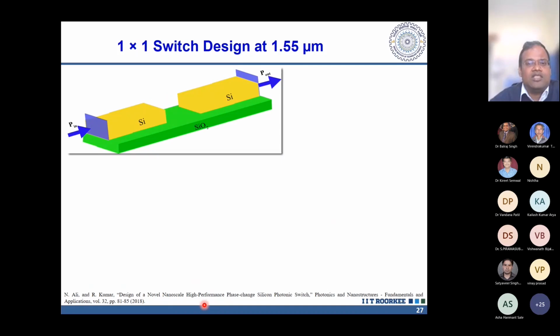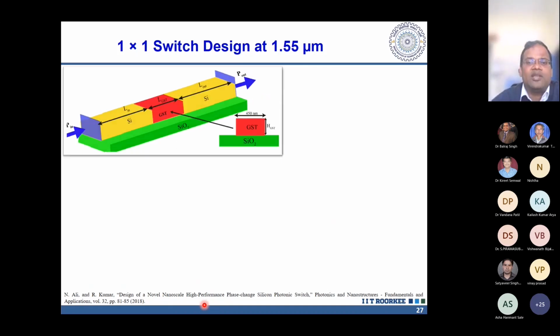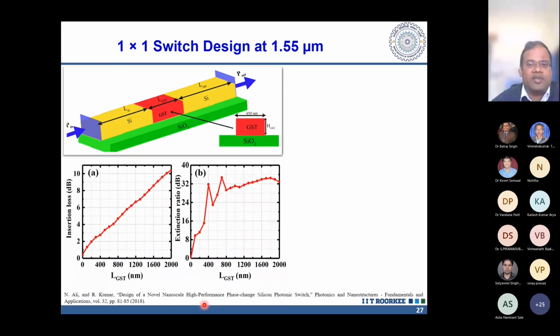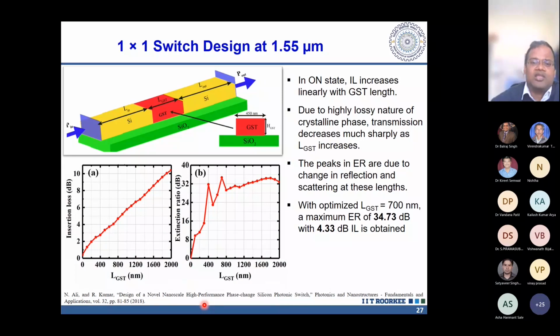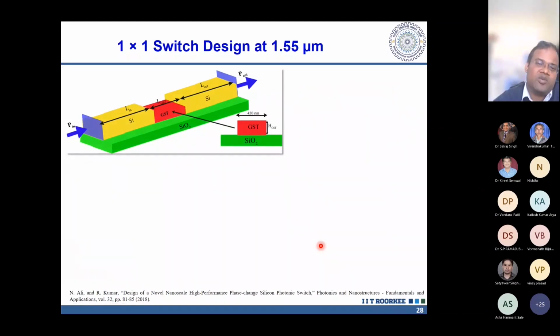So this is the design of how we do it. You take the silicon on insulator waveguide, you fill in the GST material, then you look at the transmission curves. Okay, so here you will see this gives the switching functionality. However, the maximum extinction ratio that you can get is around 34, but it comes at the cost of high insertion loss. This insertion loss is not acceptable for the practical application. However, the concept works, but it's not really good for practical applications. Then there is another case where you can